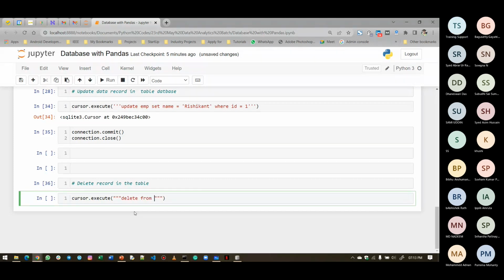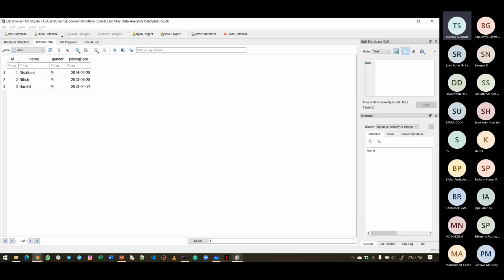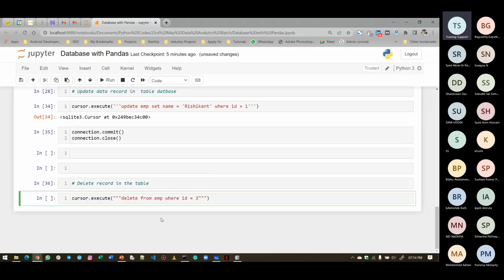from EMP where ID is equal to 3. Here you can see in the class there is ID 3 also present. ID 3 is also present here. Let ID 3. Now I am saying that wherever there is ID 3, delete that particular record. So if you run this code